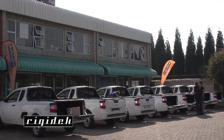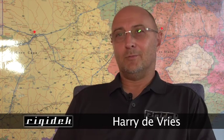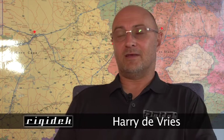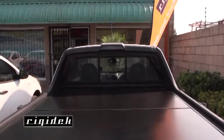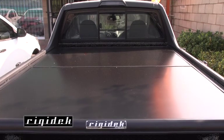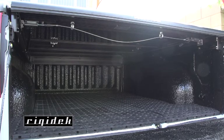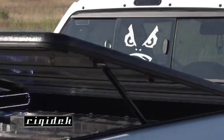The idea for Rigidek came about in 1995 when I was in the US and I bought myself a Chevy S10, one of the very popular pickups in the US. And it had a color-coded fiberglass cover on the back, and I really saw in the wind and the rain and the snow how well a covered pickup worked. And then when I came back to South Africa in later part of the year, I bought myself a little Volkswagen Caddy pickup, and I converted the canvas cover into a hard cover,